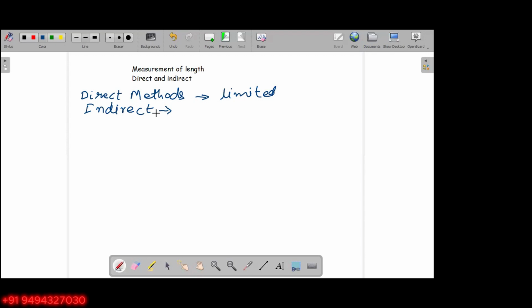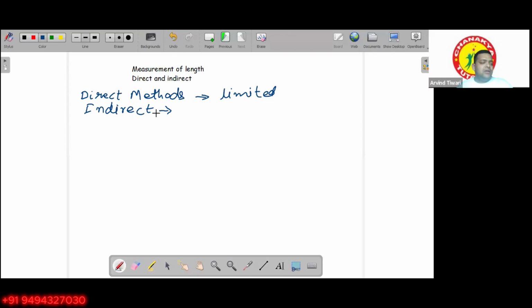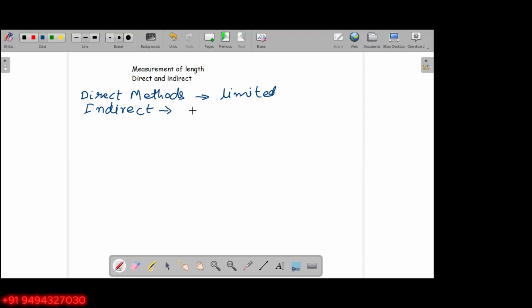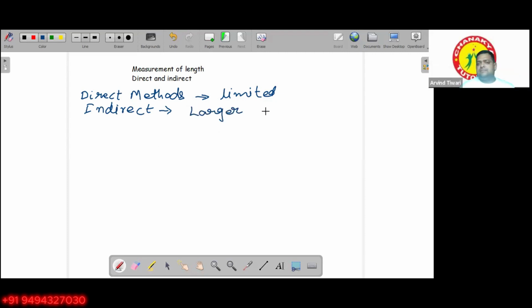We can use indirect methods for the measurement of length. We can use indirect methods for the measurement of very big distances and very small distances. So indirect methods are used for larger distances, for example, sun and moon,